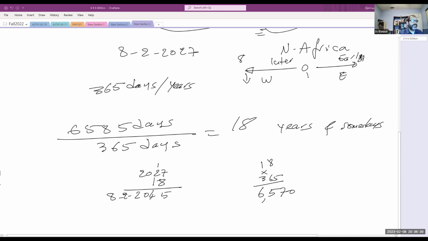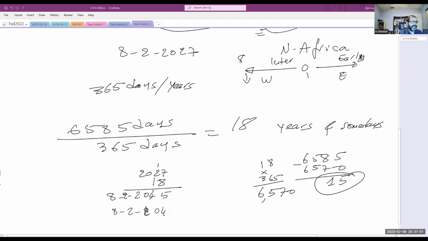So this is short of the 6,585 days by... 6,585. Deduct from it 6,570. 5 minus 0, that's 5. 8 minus 7, that's 1. 5 minus 5, that's 0. 6 minus 6, that's 0. So it's 15 days. Okay, 15 days from this day, from August 2nd,